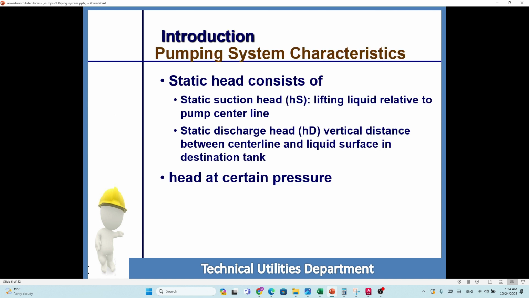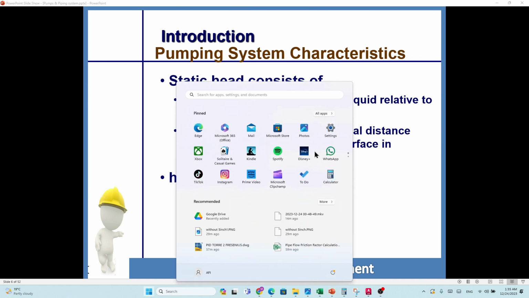Okay, so static head consists of static suction head, lifting liquid relative to the pump center line, and static discharge head, which is the vertical distance from the center line. So if you have, for example,